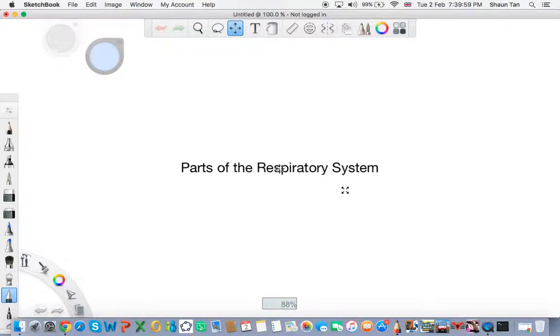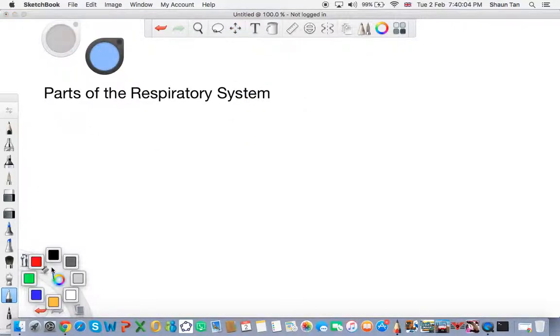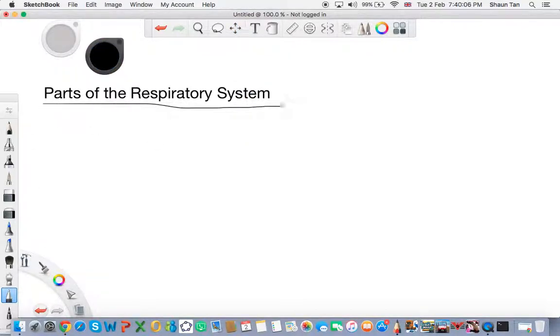The main parts of the respiratory system include: first of all, the windpipe leading from your mouth, linking nose and mouth to the lungs, is called